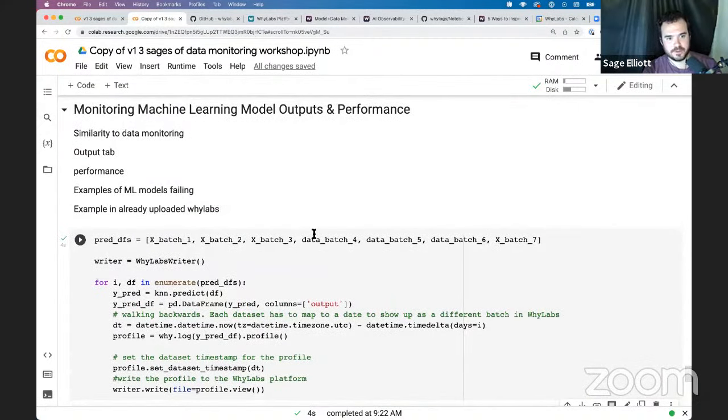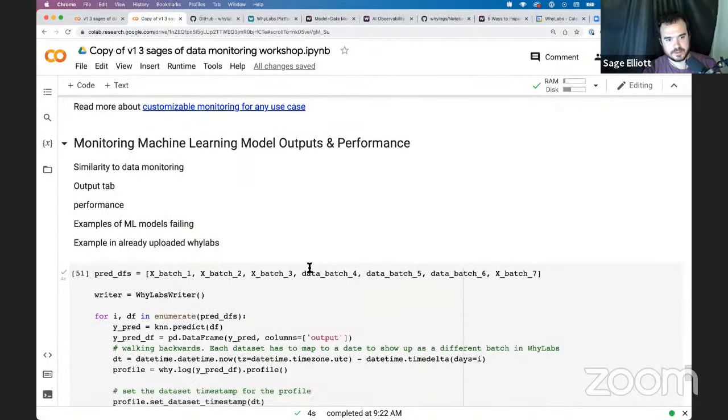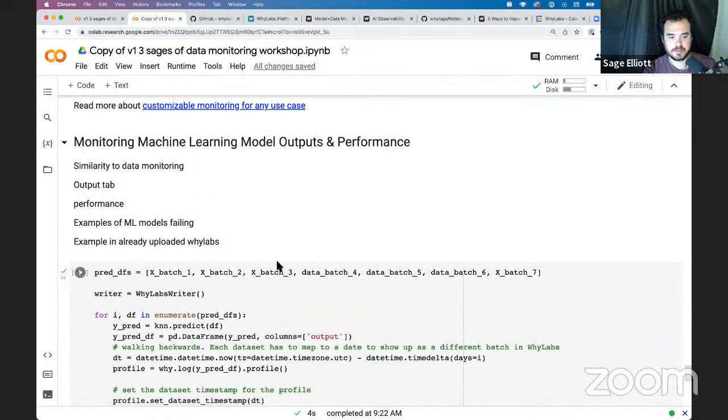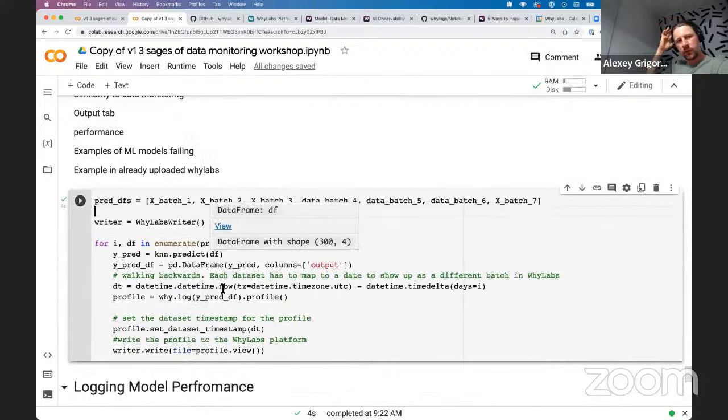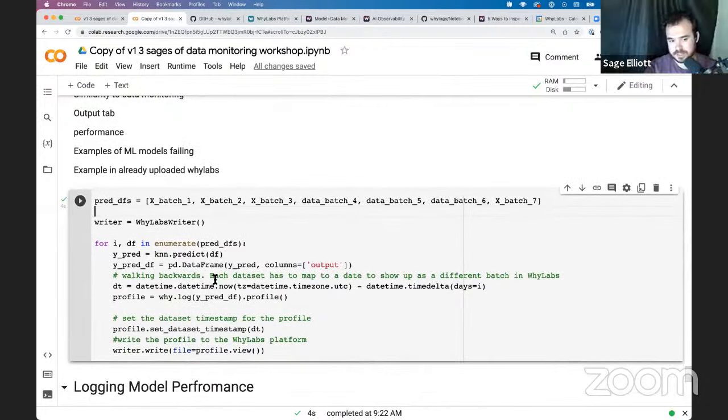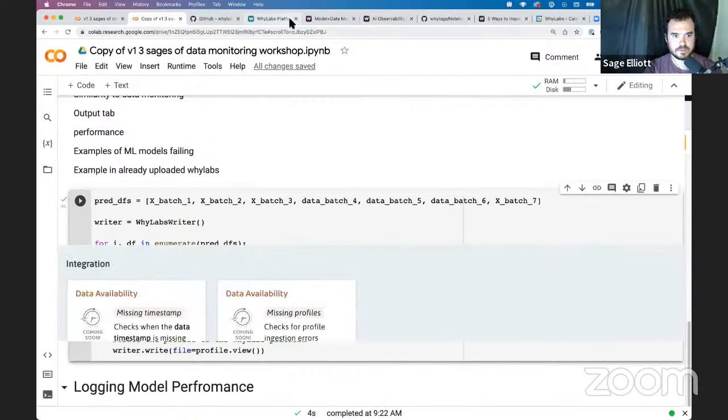Just real quick, if you are following along in the notebook, there's this other code cell about monitoring machine learning models and outputs. I went ahead and ran it. All we're doing here is basically that same for loop that we did for logging previously to YLabs, except we're doing a prediction on each of those data frames and then logging those predictions. And we're also saving it in a data frame with the column output in there. Automatically, if you have a data frame with a column output or some variation like prediction output, some variation of a string containing the word output, it'll automatically be logged to